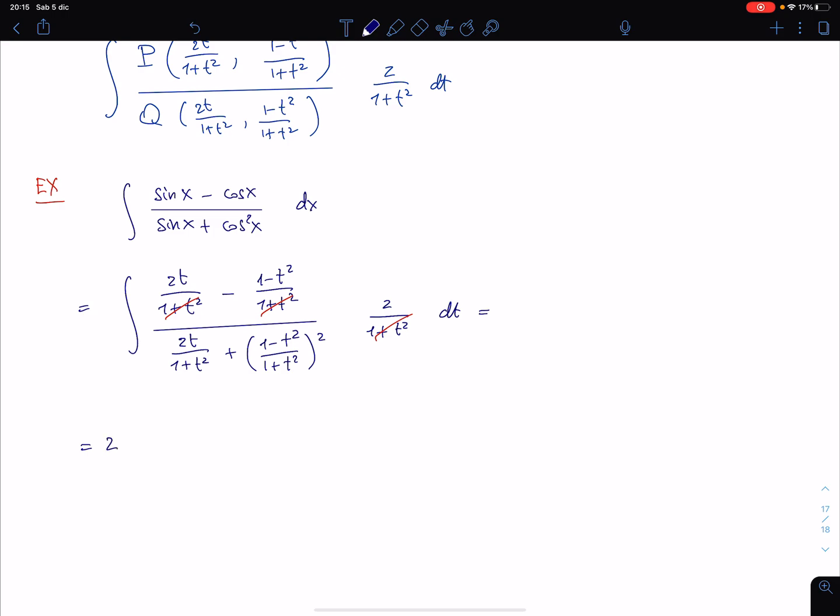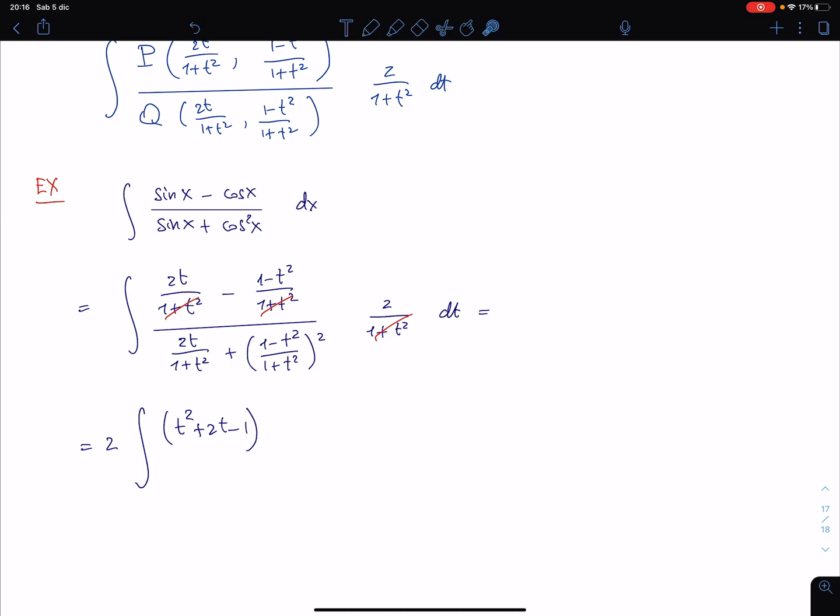So, and here a denominator, you have t squared plus 2t minus 1, because t squared has a positive sign here, so plus 2t minus 1, at the numerator, and then here